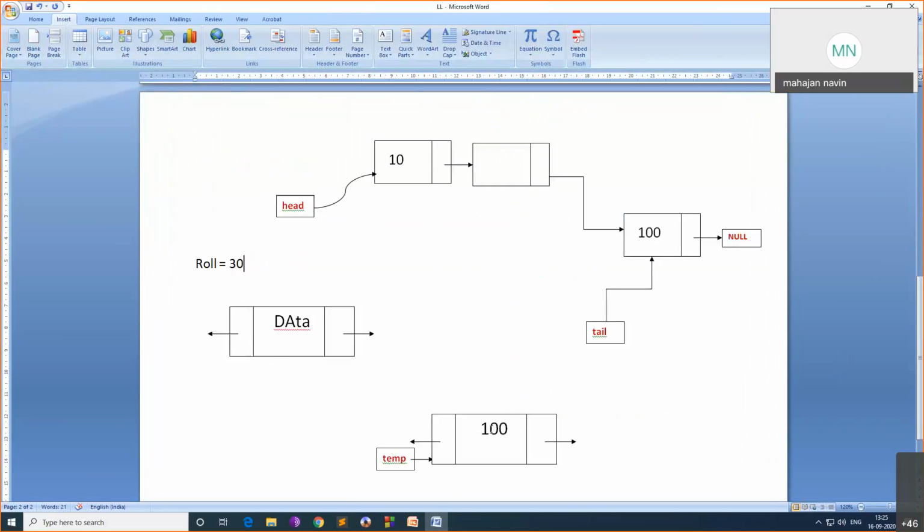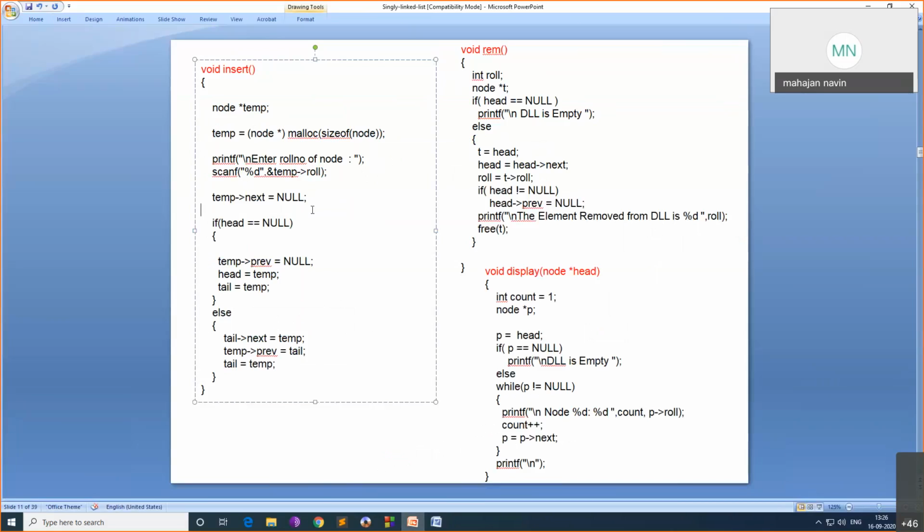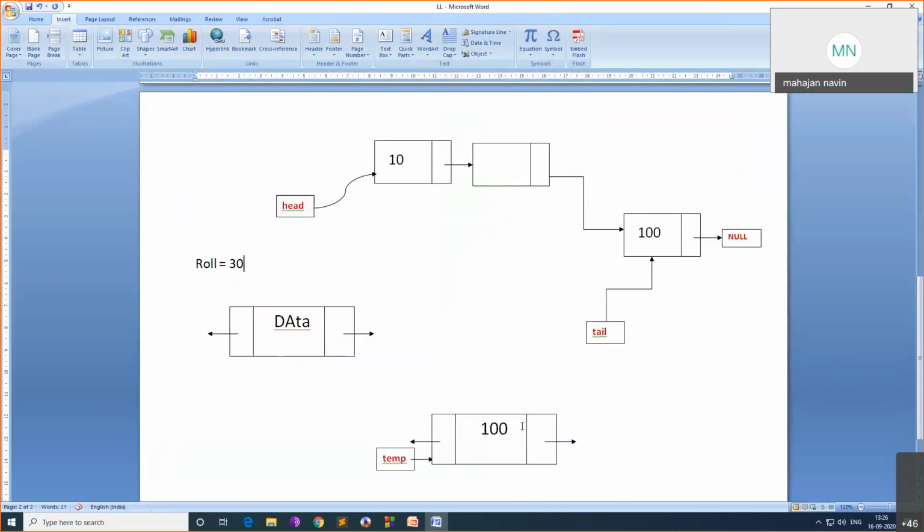But this node's previous pointer and next pointer, it is the first node created, so that's what I should do. Temp of next equal to null. Always I will insert a node in the linked list at last, so whenever I take a new node, I will assign its next pointer to null.